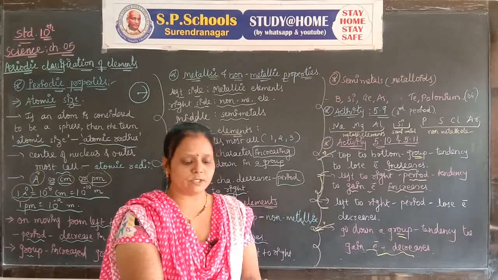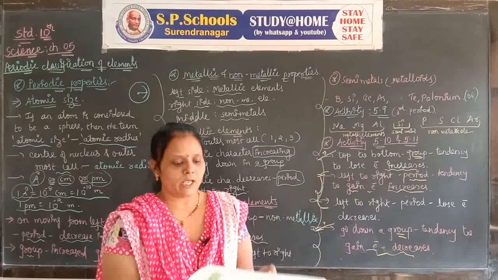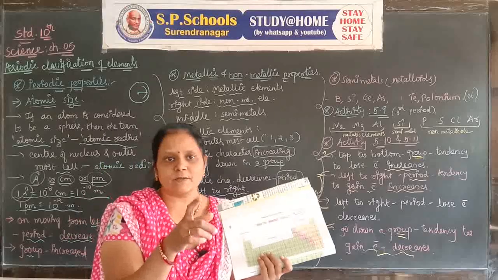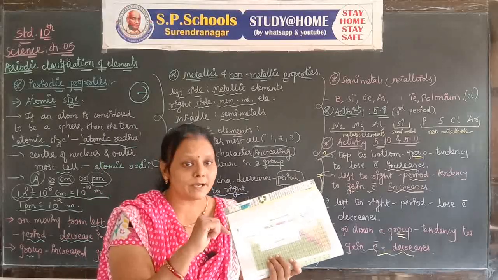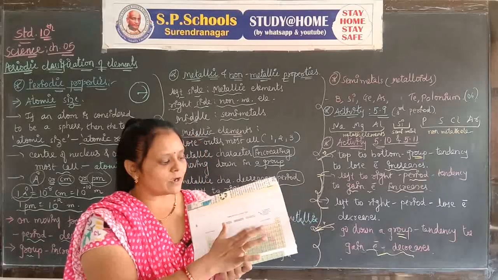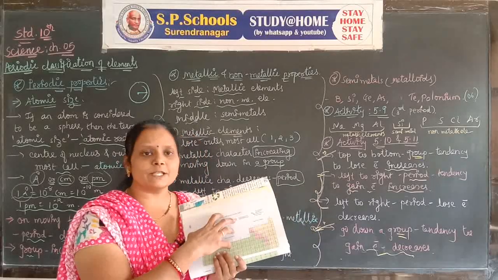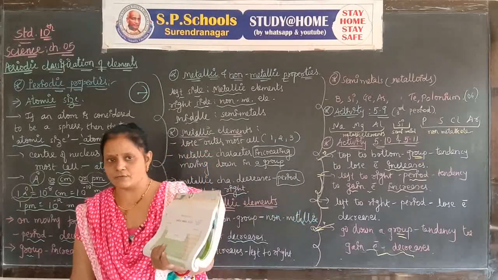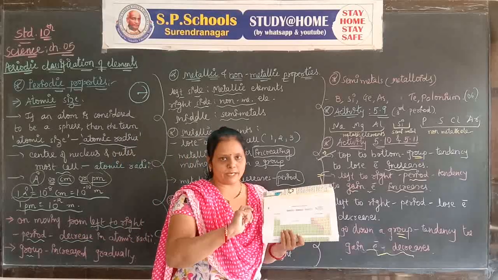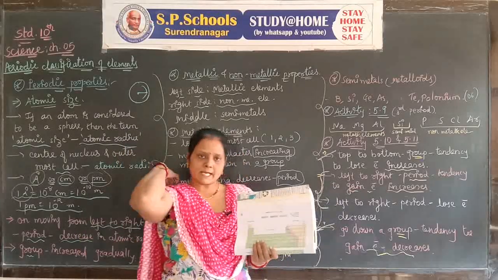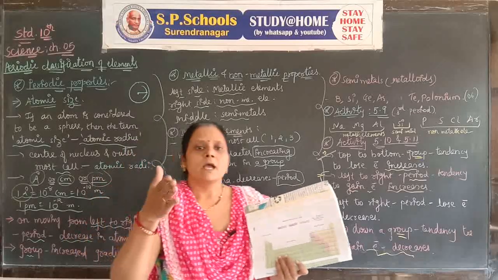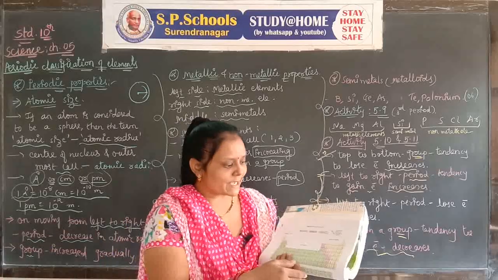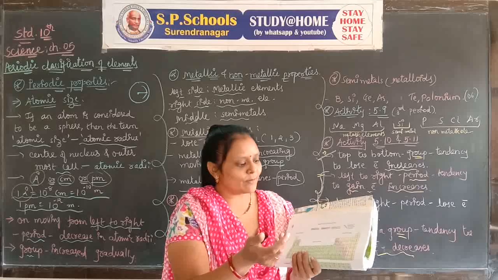Here we also see the modern periodic table. In the modern periodic table, all elements are arranged by increasing atomic number. So isotopes can be arranged easily, and the limitation of Mendeleev can be removed. The second thing is, in Mendeleev's table the elements were arranged by their atomic masses. So cobalt would occur first and then nickel.